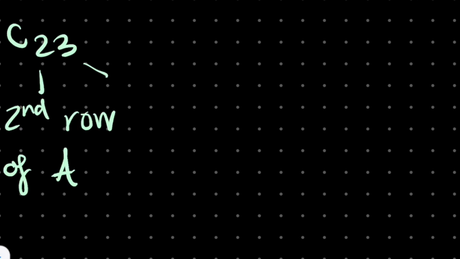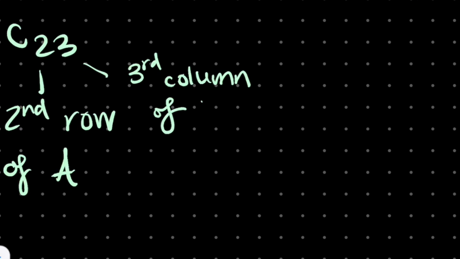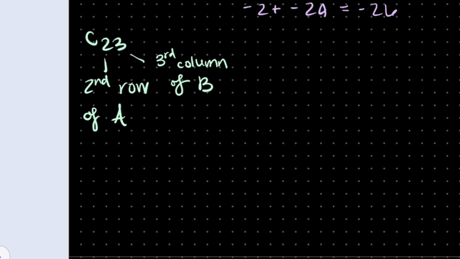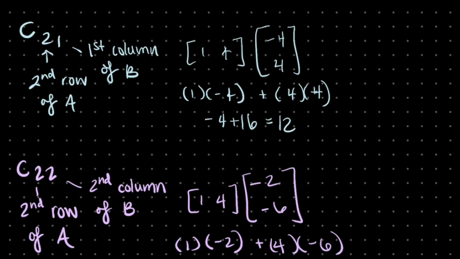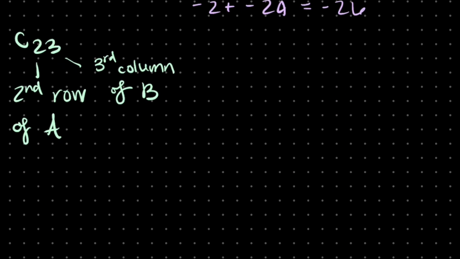We haven't moved rows because we're still in the second row of C, but now we're in the third column of C, so we're in the third column of B is where we're looking. So we're still in the second row, but now we are in the third column. Okay, so we're still going to have 1, 4,